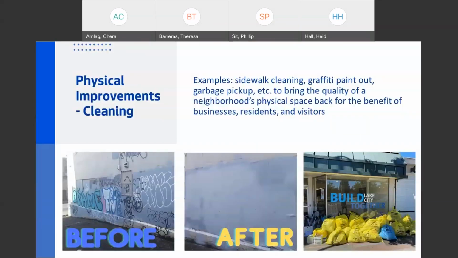I think cleaning is obviously a major issue for any of our business districts. Some of the districts that are here today may or may not have a SPU, Seattle Public Utilities, Litter Abatement Route, but even with that supplemental city service, there are always other projects that can improve the public realm, like graffiti removal, trash pickup, or any additional things that you might be considering to welcome folks back into your business corridor. Another thing could be pressure washing, alley cleanups. Things under cleaning and physical improvements could also be an eligible use for these funds. Next slide.